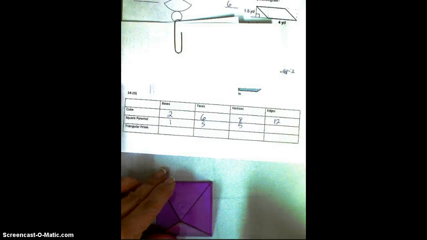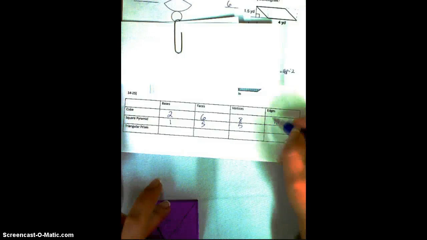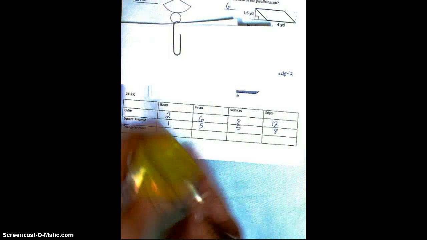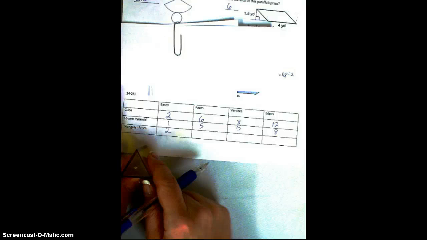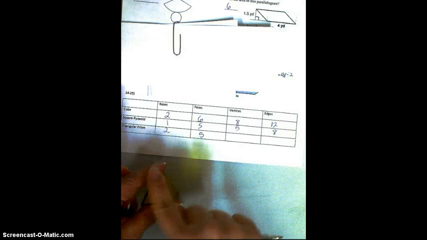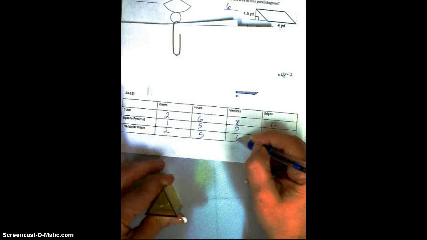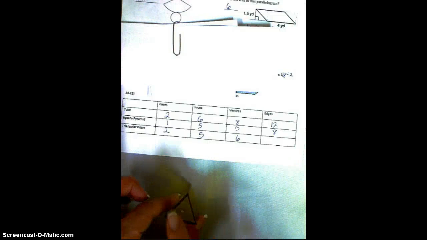And then our last one, edges. 1, 2, 3, 4, 5, 6, 7, 8. 8 edges on that. And then our last shape is the triangular prism. Looks like this. Number of bases, we know it's 2 because this is not a square, so it has to be the base. It's not a square or a rectangle because prisms have only rectangles for sides. So 2 bases. Faces, we've got these 3, 4, 5, so a total of 5. And then vertices, 1, 2, 3, 4, 5, 6 vertices. And then our last one, edges. We've got 1, 2, 3, 4,